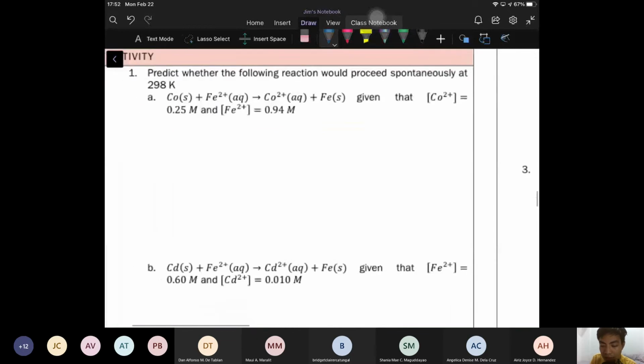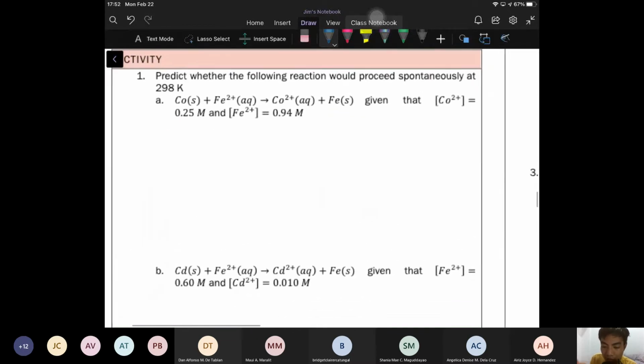Let's try some items. Okay? Predict whether the reaction would proceed spontaneously at 298 Kelvin. So we have the reaction cobalt plus Fe2+ producing Co2+ and iron, given that the concentration of cobalt is 0.25 and Fe2+ is 0.94 molar. So, pag nakita nyo, yung concentration ay hindi siya 1 molar. Okay? Kunwari, ayan, 0.25 pati 0.94. So, hindi siya 1 molar. Ang gagawin mo ay,